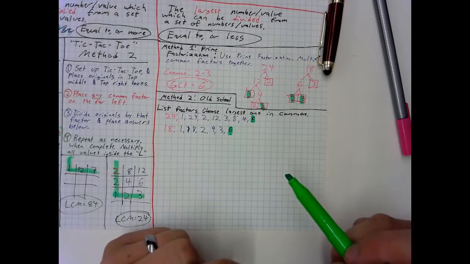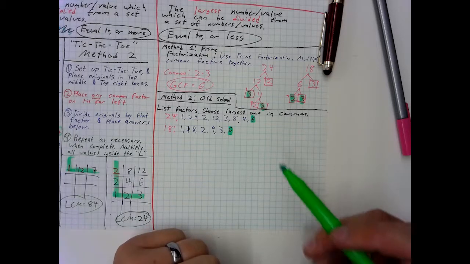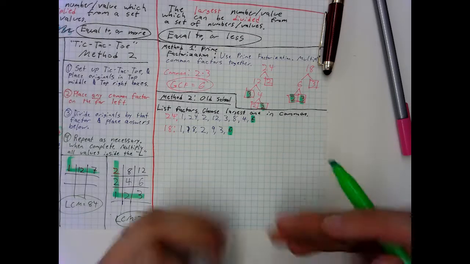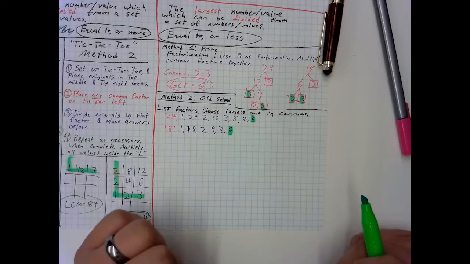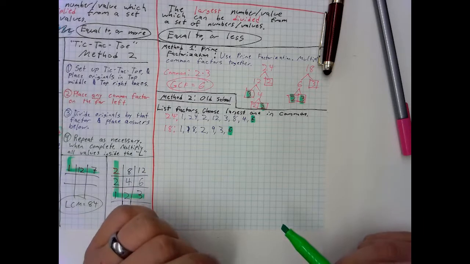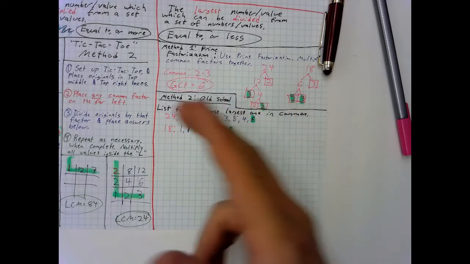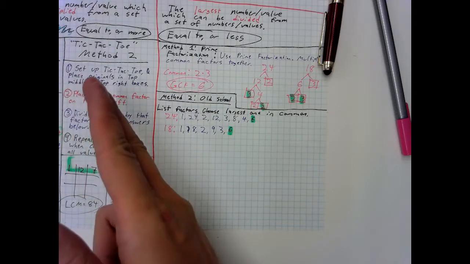That's the issue with the old school method. I'm not saying that it doesn't work, just that it has a couple of flaws. If you are strong with your multiplication facts, this is a very good way to do it. If you're not so strong on your multiplication facts, this might be a method you want to stay away from. But there's one more, and like I kind of hinted before, it's going to be the return of Tic Tac